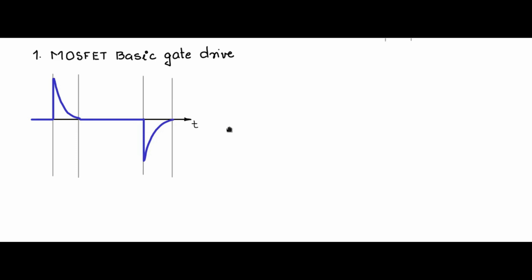Then when you want to turn it off, you have to remove the gate charge and bring the device to the off state. So let us say this is Ig plus and this is Ig minus, and the average of this in the turn on period we can call Ig average. With a straight line approximation, it is approximately equal to Ig plus by 2. Let me call this period T on and this period T off.